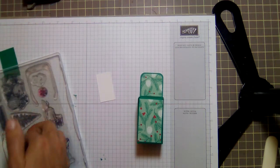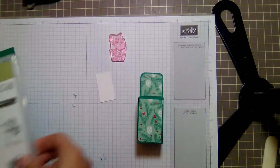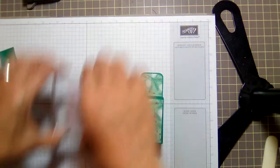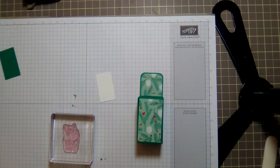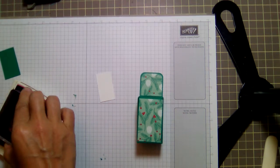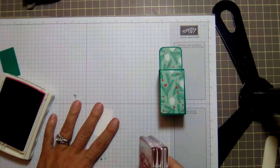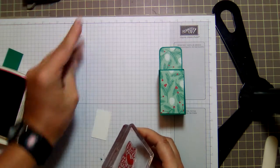And then take your little piece of Whisper White, and you'll love this. You can use any sentiment you want, but this is what I use. And a block. And I use Cherry Cobbler because that's the color that's in the pattern paper. And ink up your stamp. And this will just fit. I probably could have made it a little bit wider, but